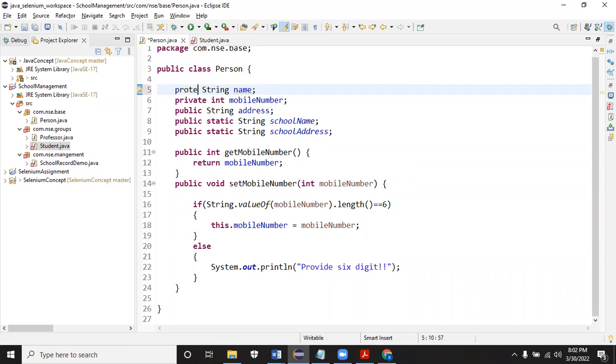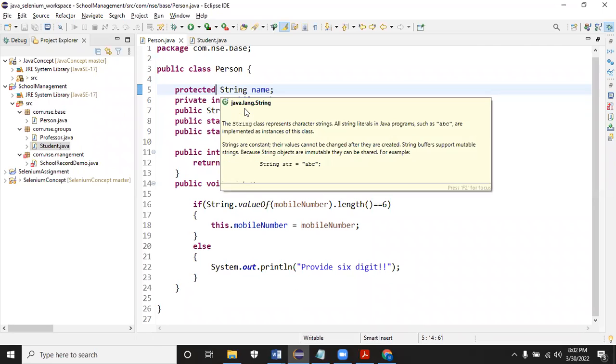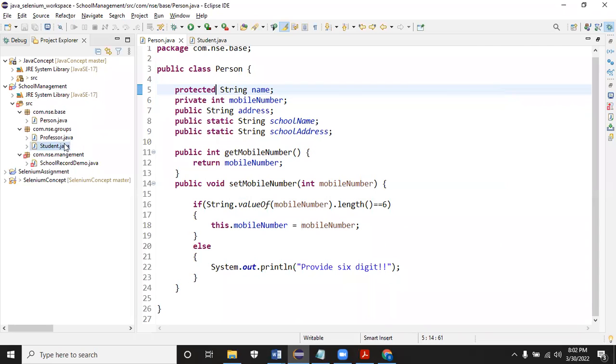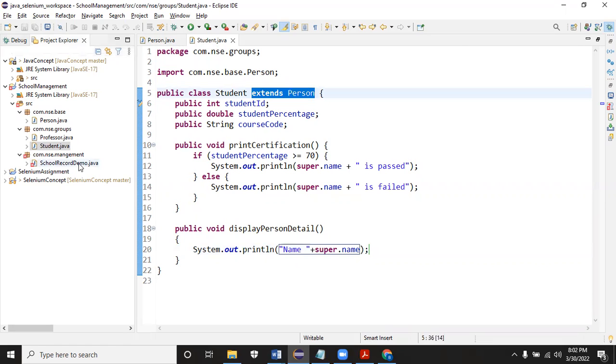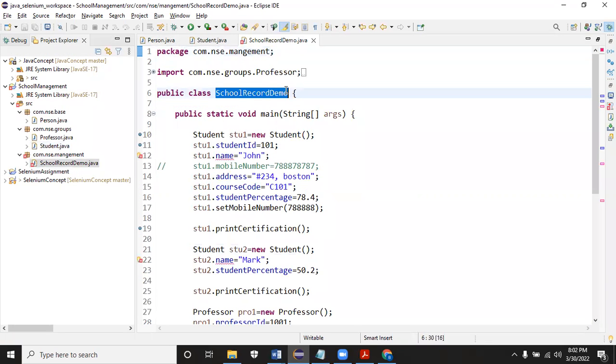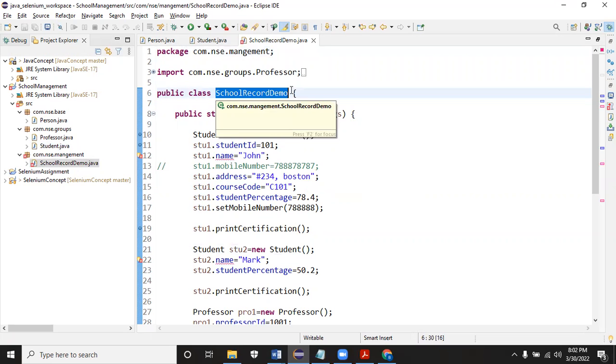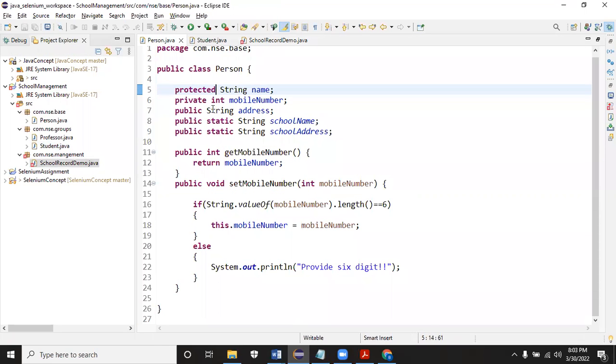If I give protected, it can be accessible within the package as well as through inheritance. In the student class, I'm able to access super dot name because we are inheriting the person class. But in school record, we are not able to call it because we are not using inheritance. That is the protected concept.